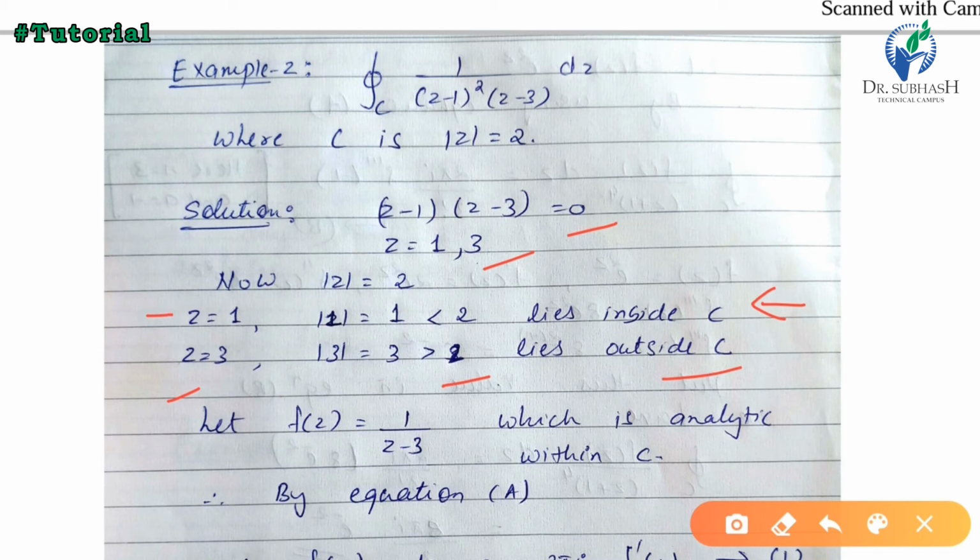C. As discussed earlier, the point which is outside the curve will be considered in f(z). So here z equal to 3 lies outside the curve. So 1 upon z minus 3 will be considered in the function f(z), because the formula states that the points which are included in the curve, then only we can use the formula of Cauchy integral theorem. Now here f(z) equal to 1 upon z minus 3.